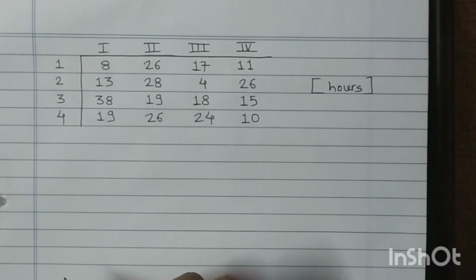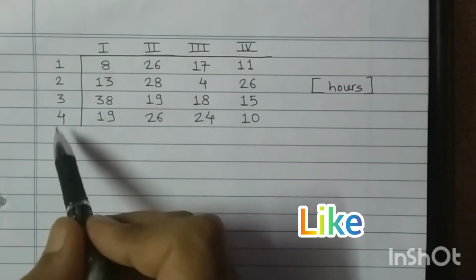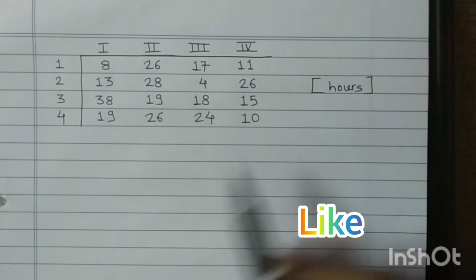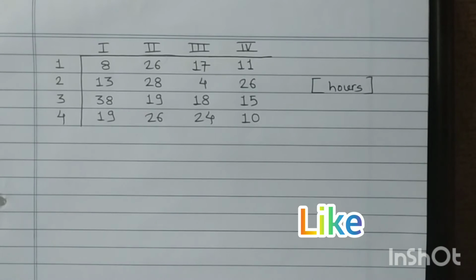So write down the matrix as it is. Now there are 4 rows and 4 columns, so 4 by 4, the given figures are in hours, so the matrix is a square matrix, and as we have just read, we have to minimize the total estimated hours. So this problem is of minimization. So this is a simple problem. We will try to solve this problem. So first, step number 1, row minimization, followed by step number 2, column minimization. Solve and check your answers.